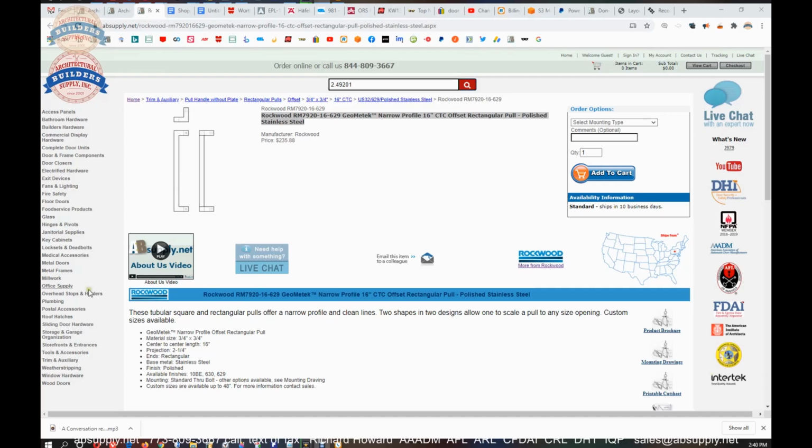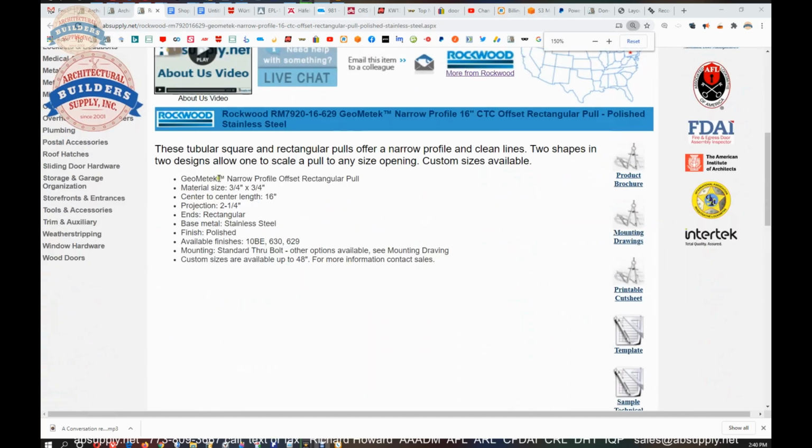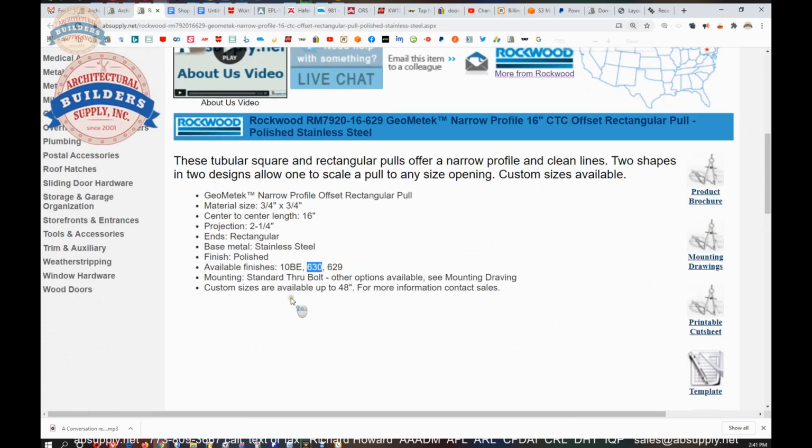So this is the item that we're looking at here. Extended description information is here. GeoMetek Narrow Profile Offset Rectangular Pull, 3/4 by 3/4, 16-inch, 2 1/4 projection. Other finishes. They can do it in satin brushed stainless steel. They can do it in the 629, which is a polished stainless, which is the item that we are looking at. They can also do it in a powder-coated dark bronze or oil rub bronze equivalent,